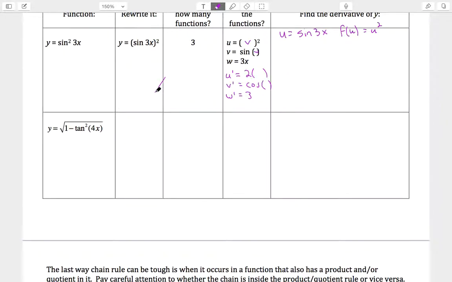The inside of this, right? This is u, and so this is u squared. Are we okay with that? You okay with that? Are you just reworking it? Okay. So then f prime of u, or df,